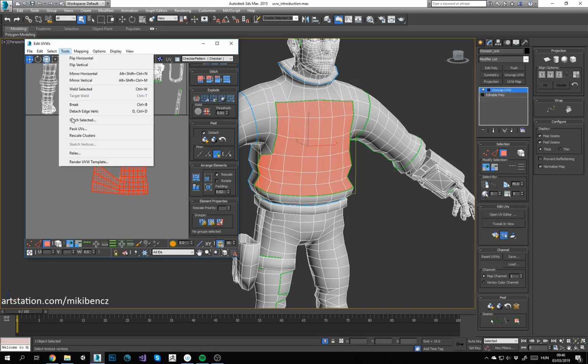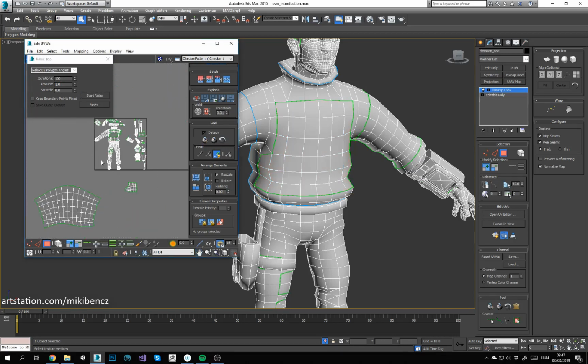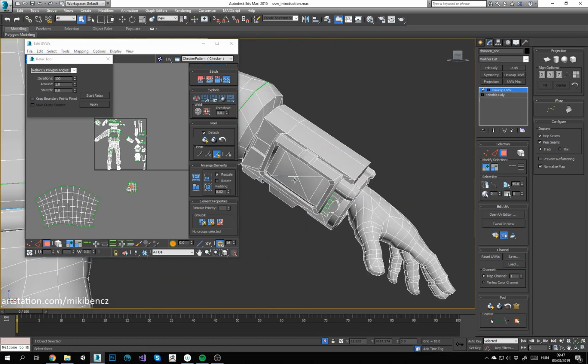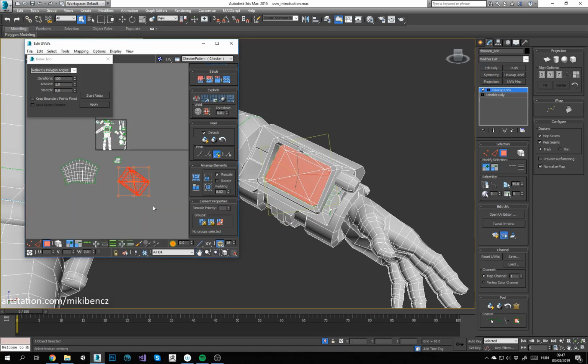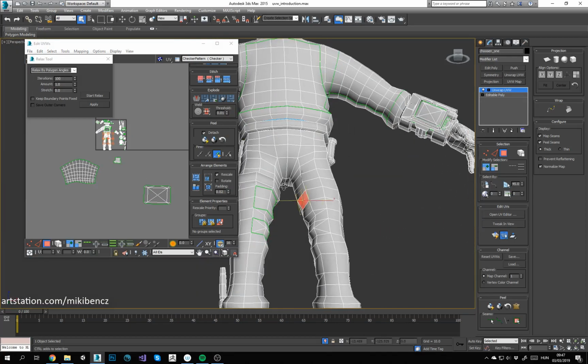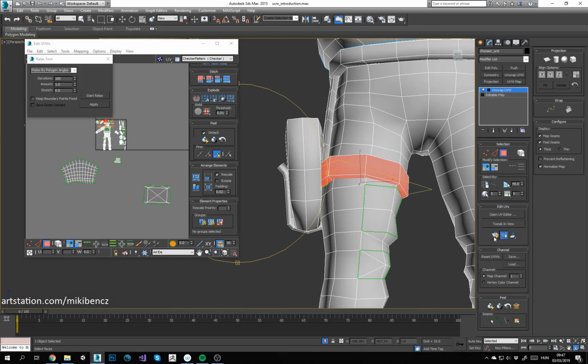We can select all of them and just hit Relax with the polygon angles. You can increase the intensity of the relaxation with this one here, and there you go, it's now unfolded. So this is basically what I do over and over again when I'm UVing, just selecting parts of the geometry, hitting Quick Planar, and then it will go to the 2D space, and I rotate it a bit, see where I can put